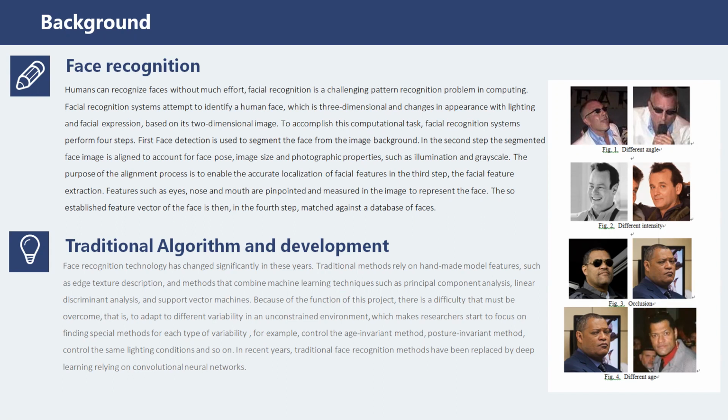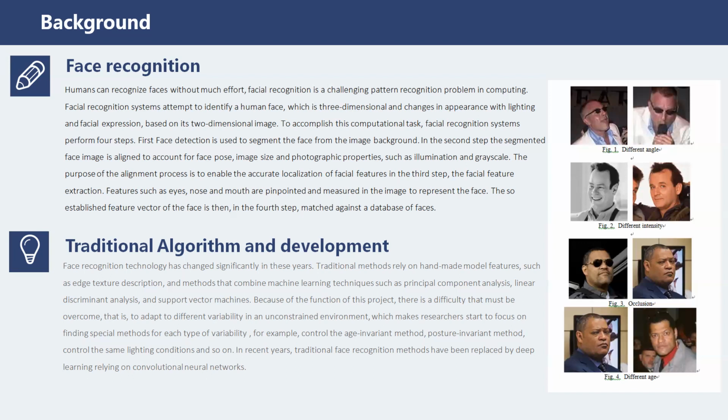To accomplish this computational task, a facial recognition system performs four steps. The first step is face detection. It is used to segment the face from the image background. In the second step, the segmented face image is aligned to account for face pose, image size, and photographic properties such as illumination and grayscale. The purpose of the alignment process is to enable the accurate